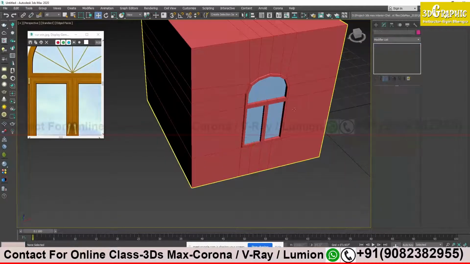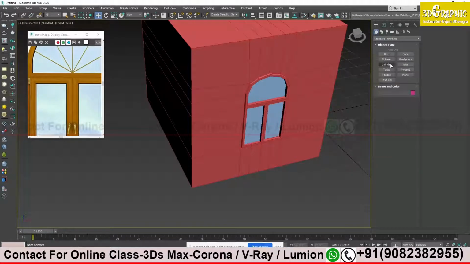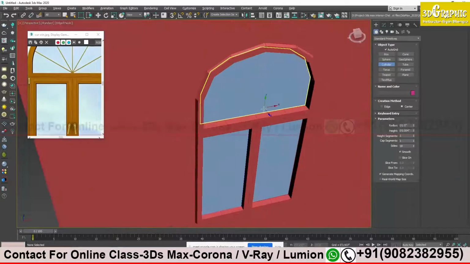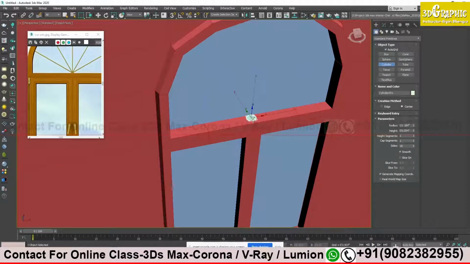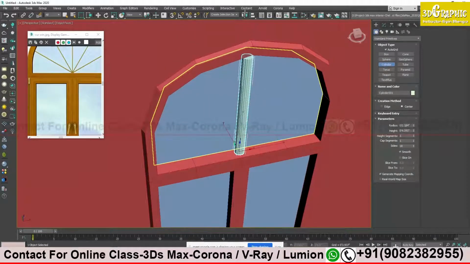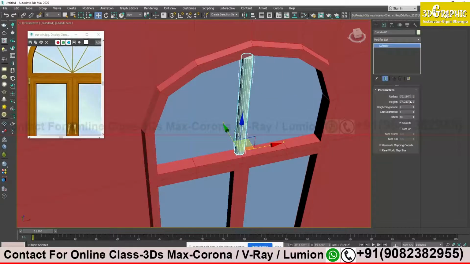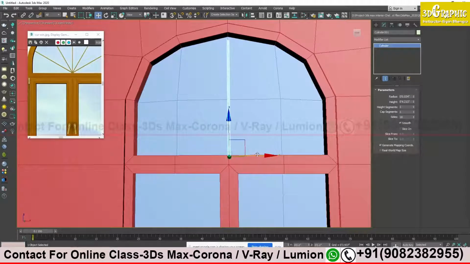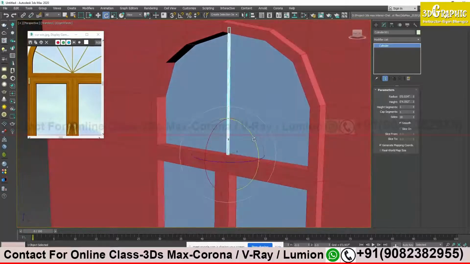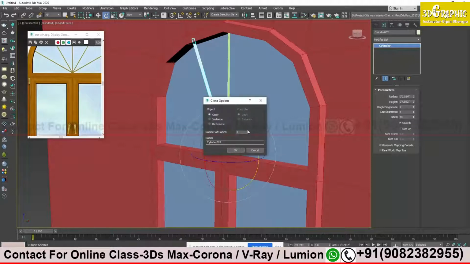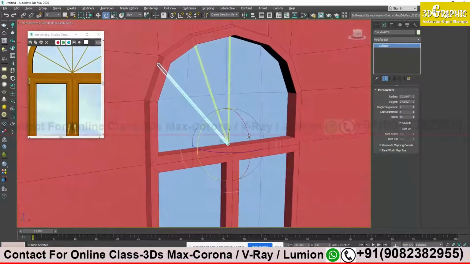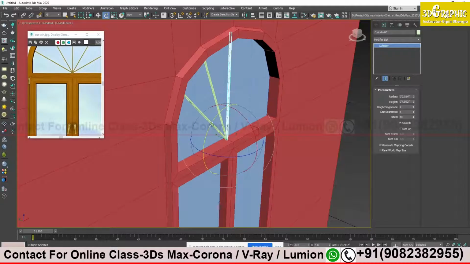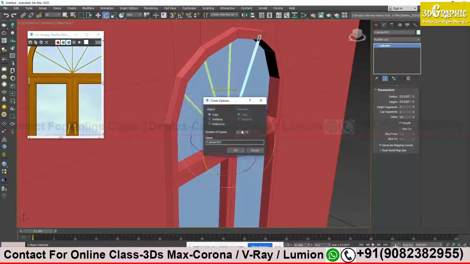Actually I made a mistake. I should have taken the cylinder with the help of auto grid, no, remember auto grid? I can directly create it over here. Now see, I can create over here. I can reduce the radius and I'm done, no. Just increase the height a bit. With the help of the shift key I can just make a copy. How many copies do I need? 2 copies I need. Same thing over here, click the center one. 2 copies I need.